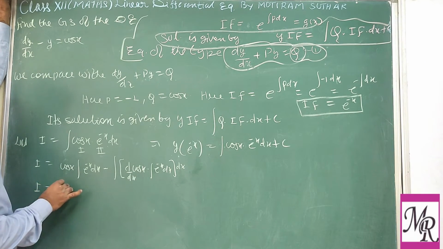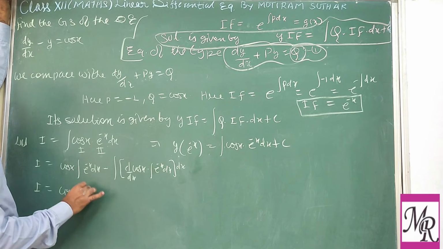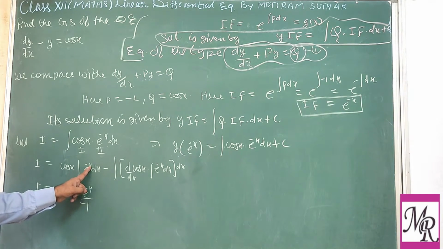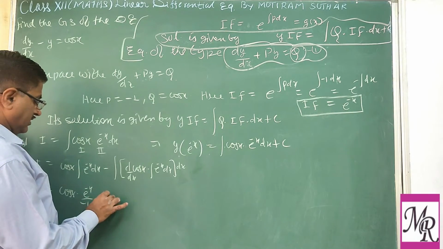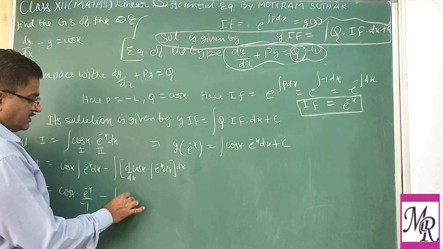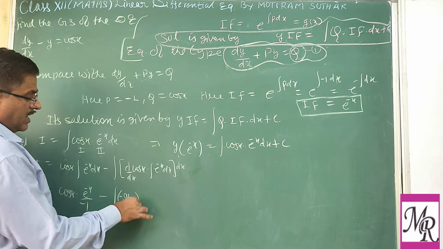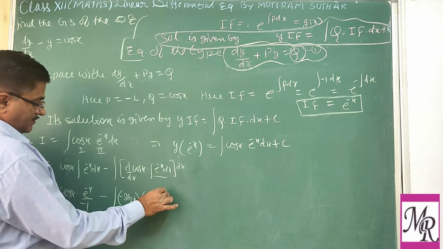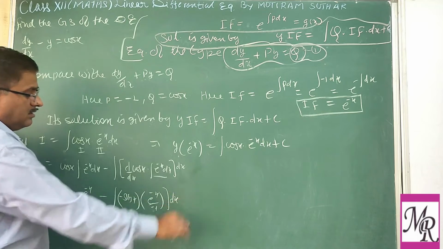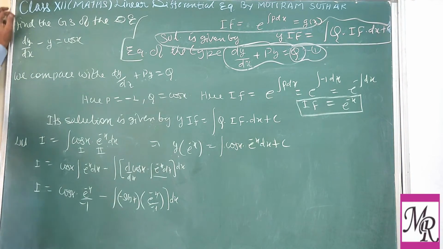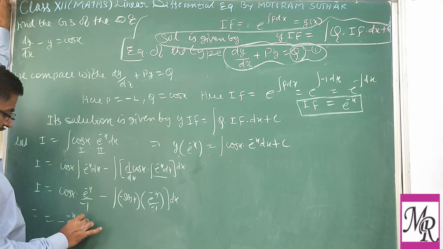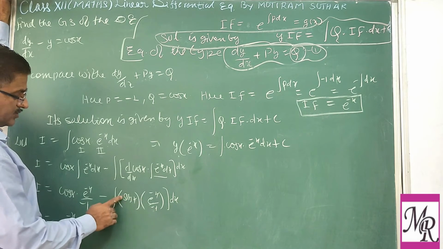So I equal to cos x times e power minus x, whose integration is e power minus x upon minus 1, because we are putting e power minus x as t, so minus will be here. Then the derivative of cos x is minus sin x, again the integration of e power minus x. So again you have to find this: minus e power minus x cos x. This is minus minus, plus